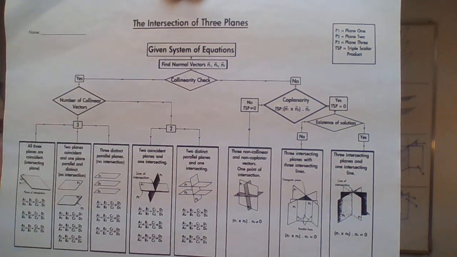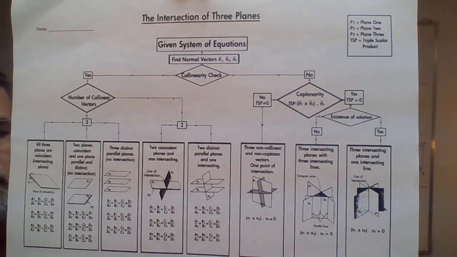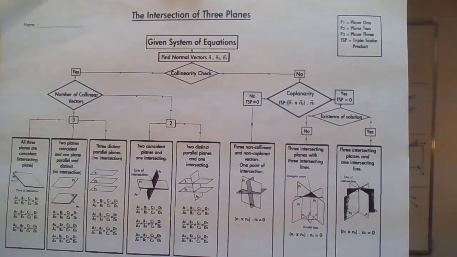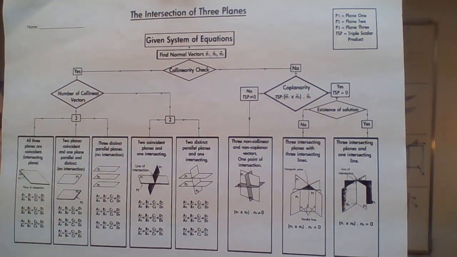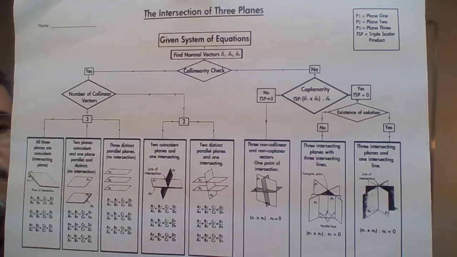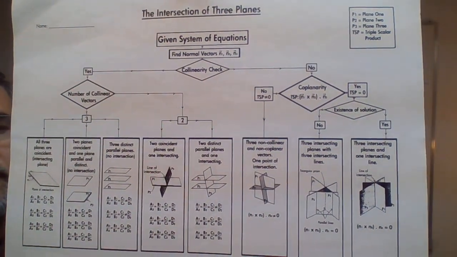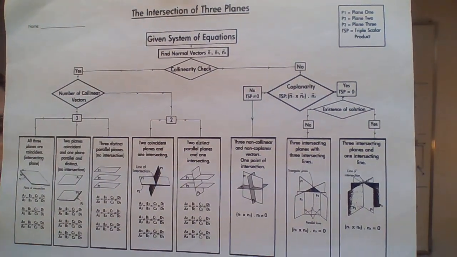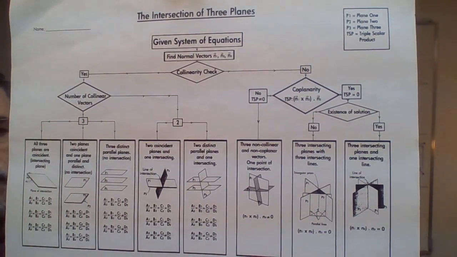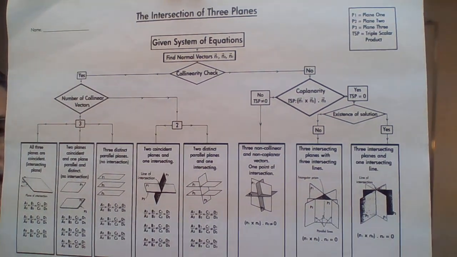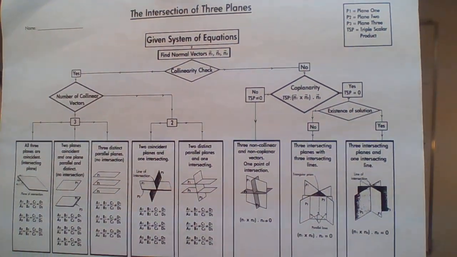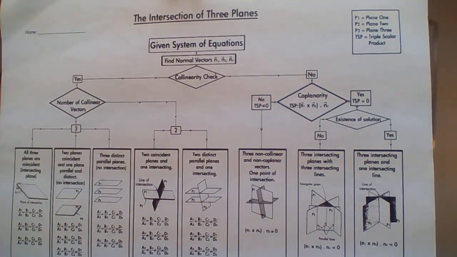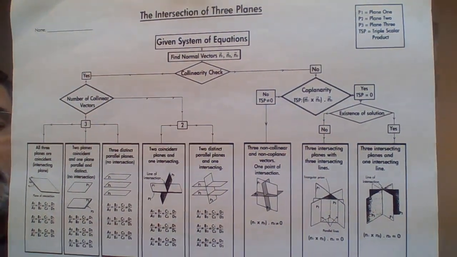So given a system of equations, which represents three equations of a plane, we first find the normal vectors, obviously, and then we do a collinearity check, as you see in the flowchart. If the answer is yes to the collinearity check, if you can find any pair of collinear normal vectors, then your answer is yes. So you go to one branch of the flowchart and you're going to see if you have two or three